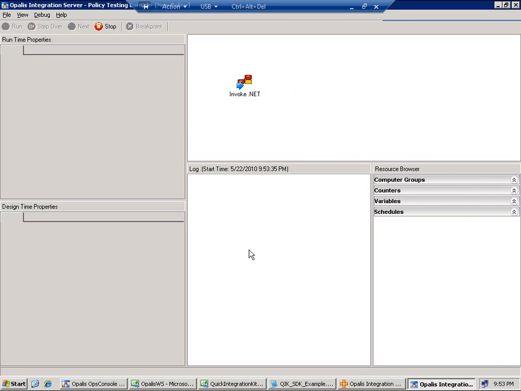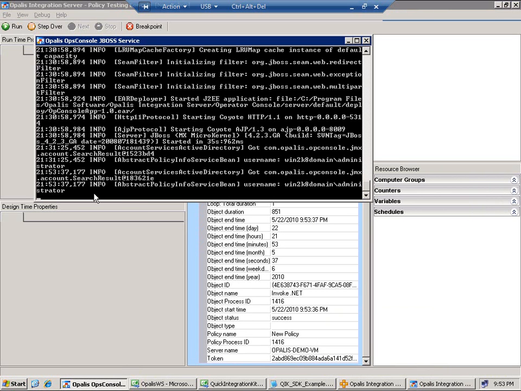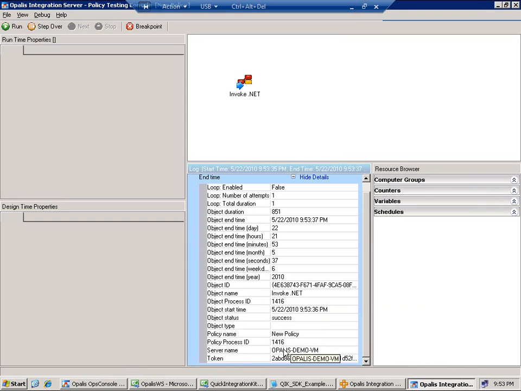So we'll go ahead and hit run. It says green. See if we got a token, and we did get a token. We could also check the ops console, and it did say that we authenticated here. So it looks like we're one step closer to starting to use our web service. Obviously we created a simple object there